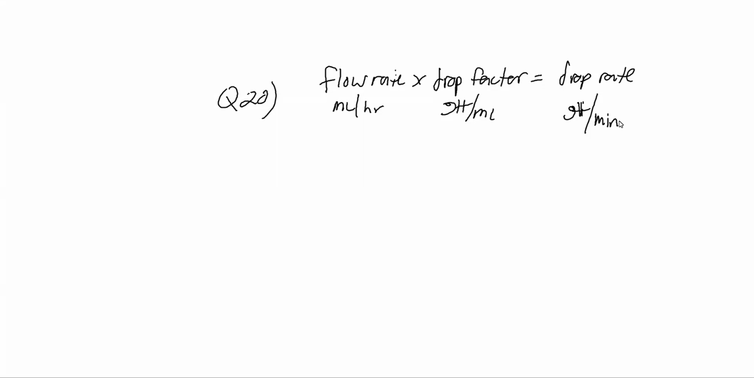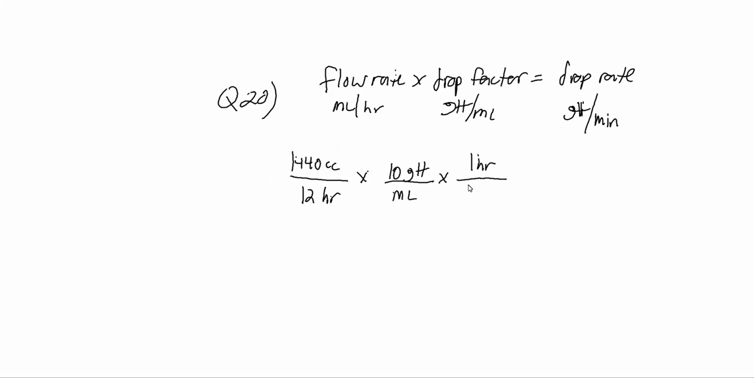So the way I'm going to write this out is I'm going to say 1440 cc's, which is the same thing as milliliters, over 12 hours. And that ends up being my flow rate. My drop factor is 10 drops per milliliter. And the last step here is I don't want hours, I want minutes. So if I'm going to set this up, I have to do one other conversion,